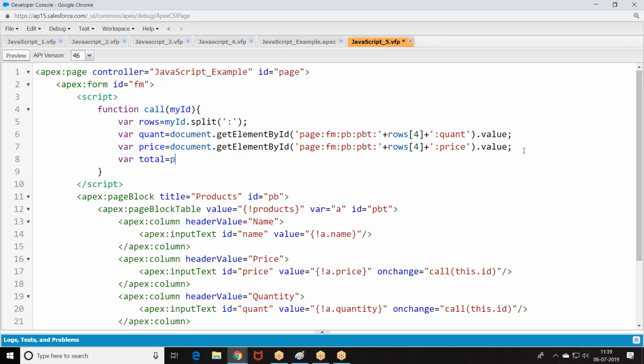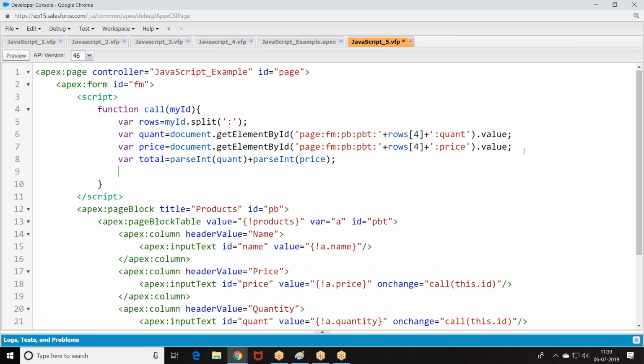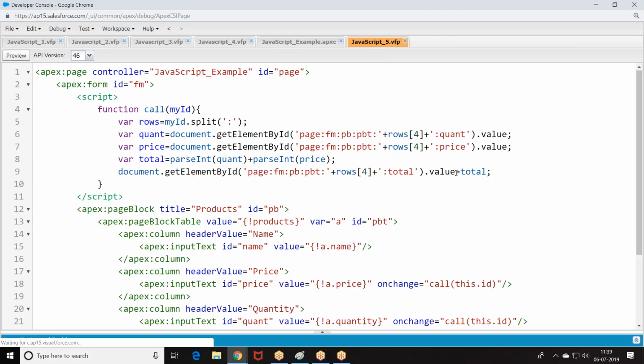Total equal to, when you give document dot get element by ID, look at the story. Because you know the row number, whenever you call this function, getting the value of quantity, getting the value of price, calculating the total, setting the total.